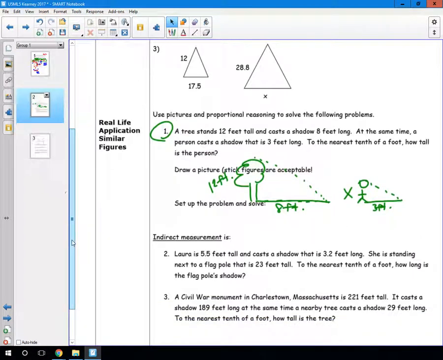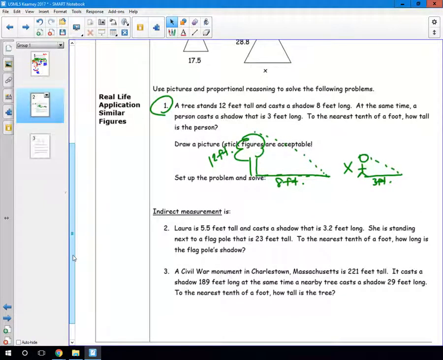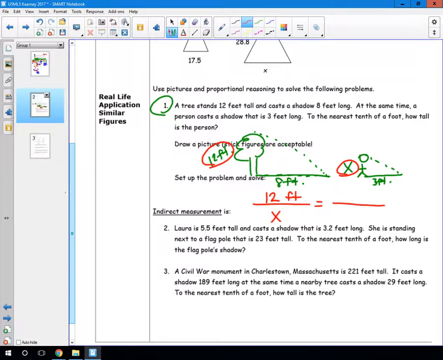So let's start with the height of the tree. What does the height of the tree correspond with about the person? That's right, the height of the person. Then we can come back to the tree and we can say, what does the shadow correspond with? That's right, the shadow of the person. And then you know how to do the rest. You're going to cross multiply